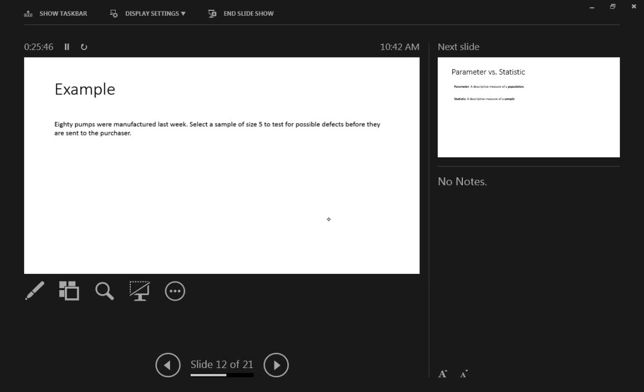So you're trying to select a sample of 5 pumps from 80 pumps. So one way of doing it is what? One way you could do it is you can label the pumps, 80 pumps, right? You can label the 80 pumps from,